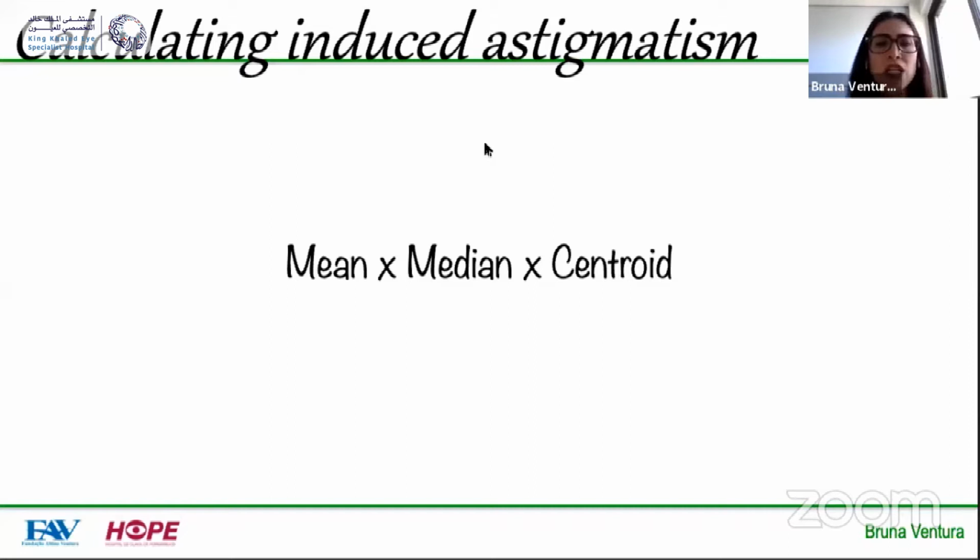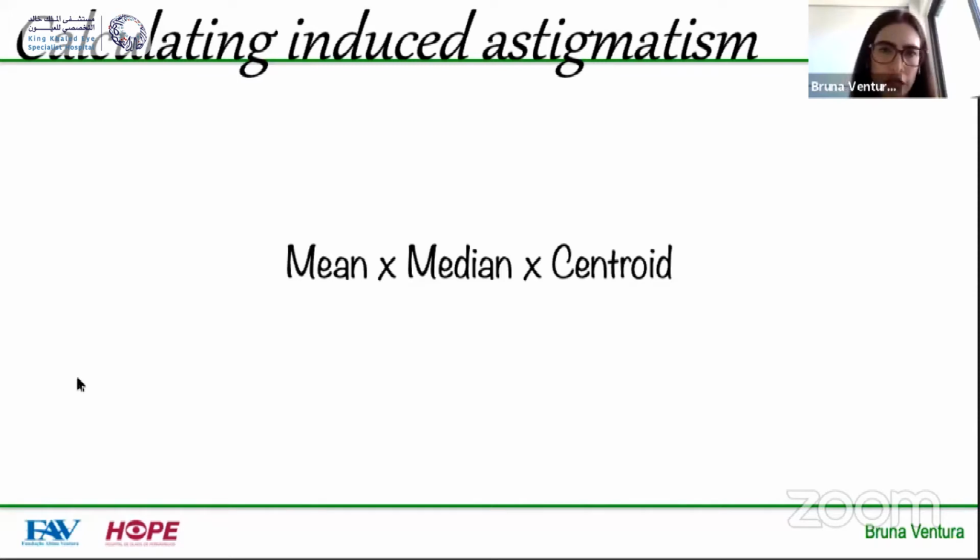Why? Because when we're looking at astigmatism as a vector, let's say you induce in a patient 0.3 diopter at 90 degrees. In a second patient, you induce 0.3 diopter at 180 degrees. So your amount of induced astigmatism is not 0.3, it's actually a centroid of 0. So when we changed the idea of mean and median to centroid, it changed completely the amount of induced astigmatism